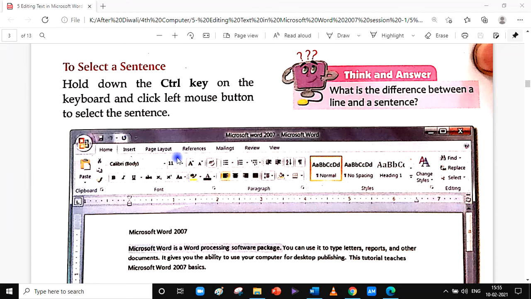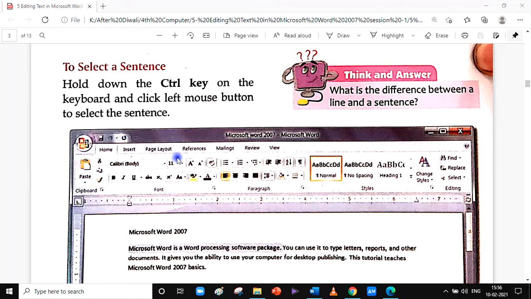Now after selecting a lot of text, we will come to some important points. We will learn some important points in Microsoft Word, like how to select a word, how to select a line, how to select a paragraph, how to select even more text than a paragraph, as much text as we want, and how to select the whole text in one go using some techniques. We learn about that too.